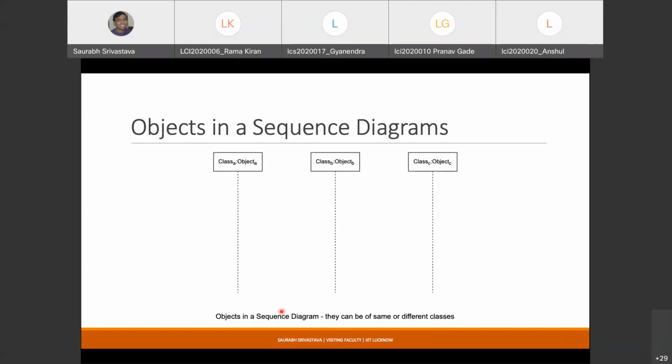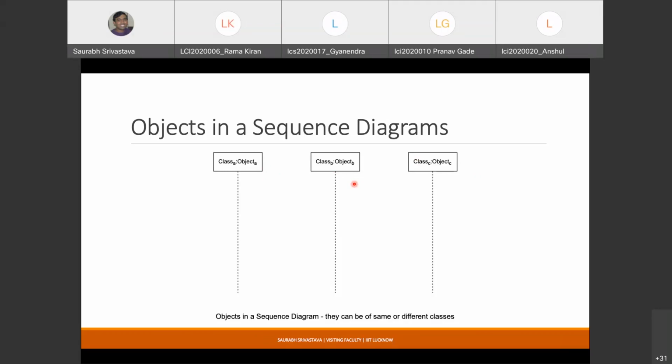So this is what a typical sequence diagram looks like. In the beginning, you have these objects of different classes, and by the way, you can have multiple objects of the same class as well, right? So for example, it is possible to have two objects of the class customer. Okay, so you can say primary customer and secondary customer, if it is a joint account where there are two customers associated with the same account. Within the sequence diagram, you can, for example, have a scenario where there are two objects of exactly the same type. But it's up to you, right?